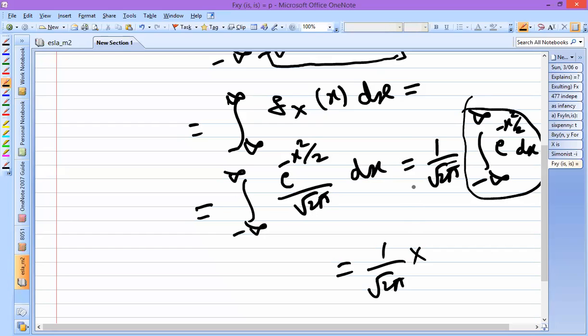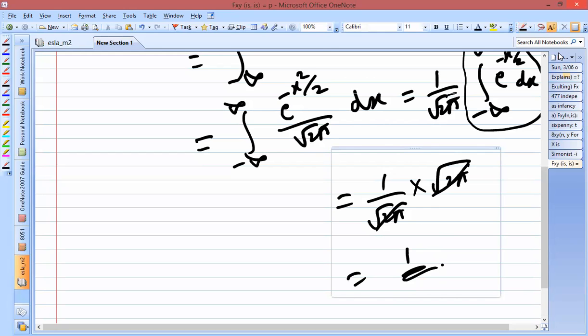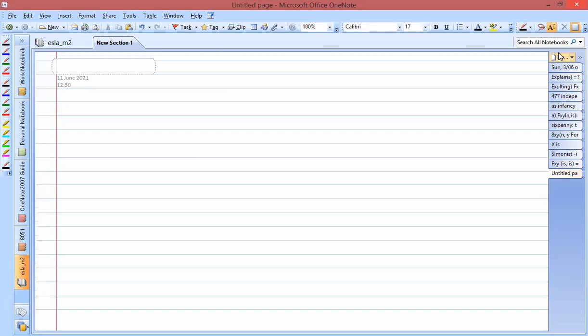In many problems I have told, in the previous one also: root 2 pi. Yes, of course. Good, root 2 pi. So you need to remember such simple results, whenever they repeat. Those answers you need to remember. If you substitute root 2 pi, it will be equal to 1. So remember this, because often it will be repeating, and in many problems you'll be coming across such calculation. So that is part B.